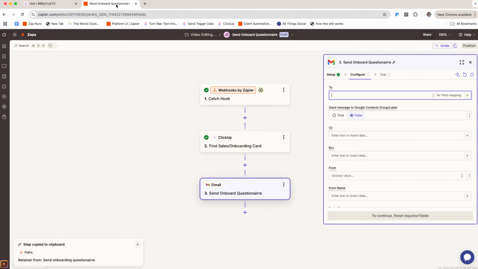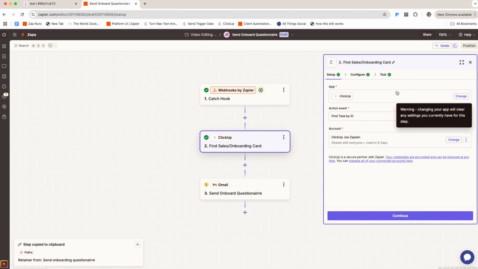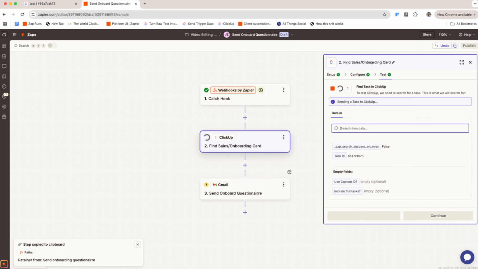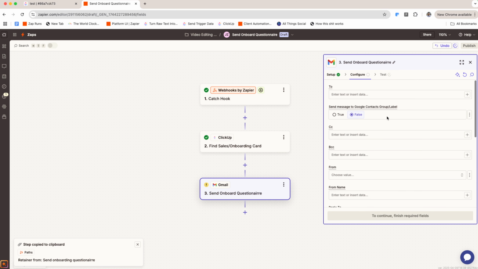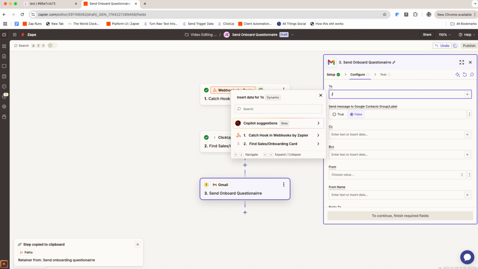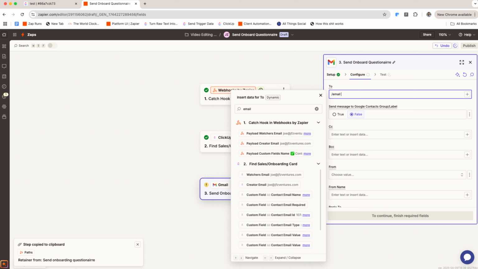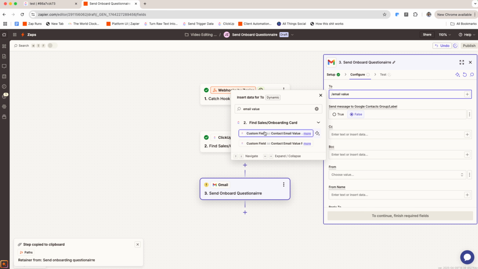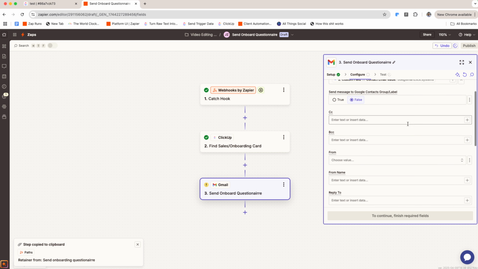Alrighty. Now let's come back here and let's refetch that task so we can get the most up-to-date information from those custom fields. And now in our to field here, we're going to do slash to bring in data from previous steps. And we're just going to search email value. And right here we have contact email value, and we're just going to drop that in. And then our from